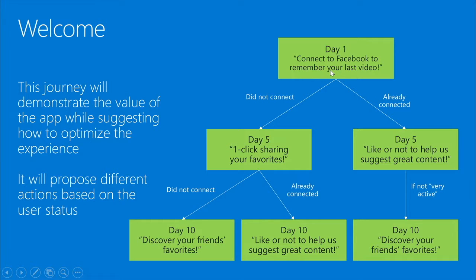And in the event that the user actually connected, we can then suggest other features, like, for example, getting the users to like or not like a video to improve with, for example, Azure Machine Learning recommendations, or things like that. These are typical use cases that can generate a lot of value to the user, but also to you as an app owner. So I wanted to show you how you can do that with mobile engagement.